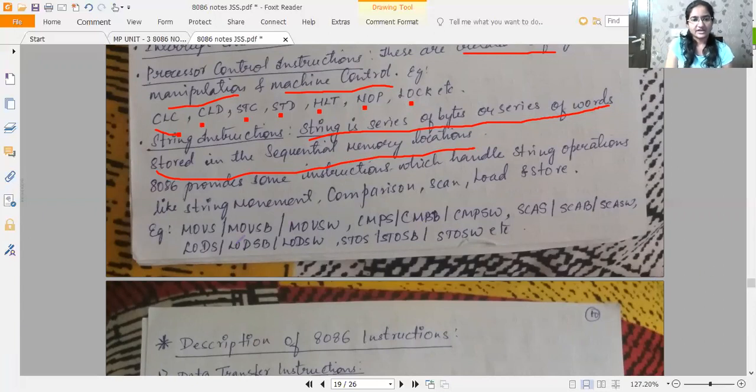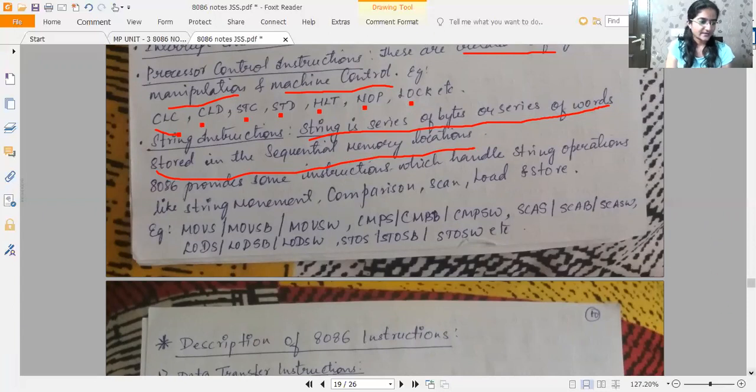Similarly, here you have certain examples: MOVSB, MOVSW, MOVS, and LODS, LODSB, LODSW, STOSB, STOSW. So that is the intention behind having the store instructions.